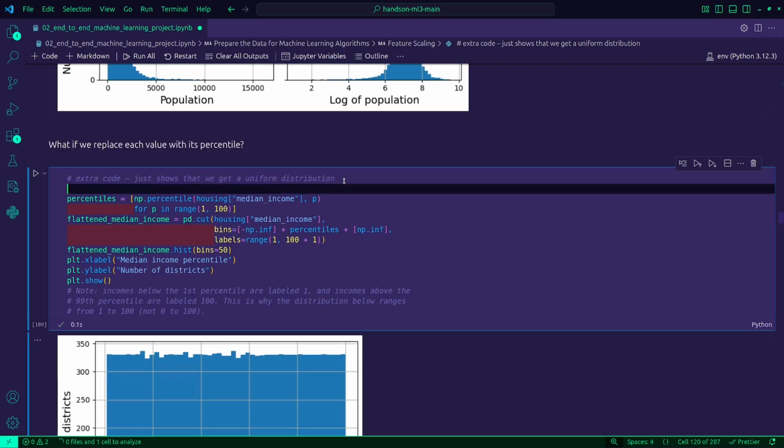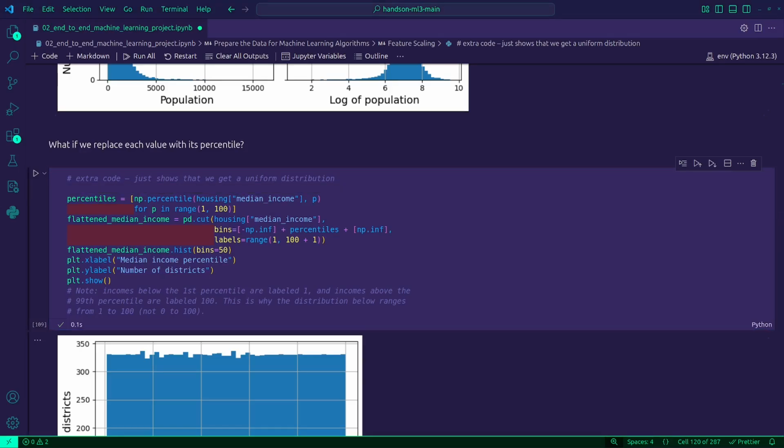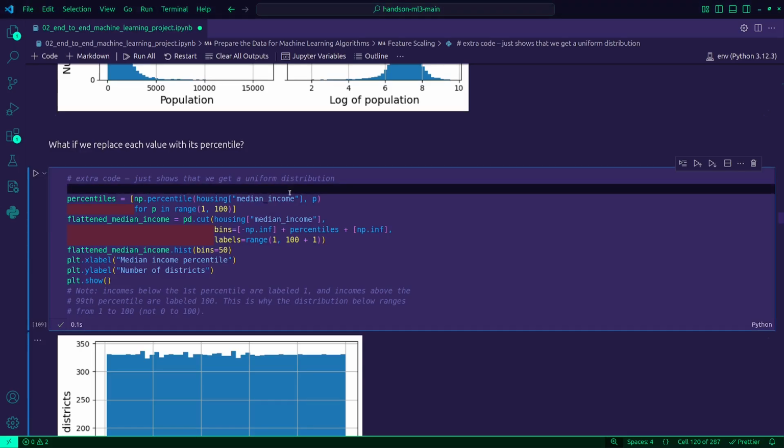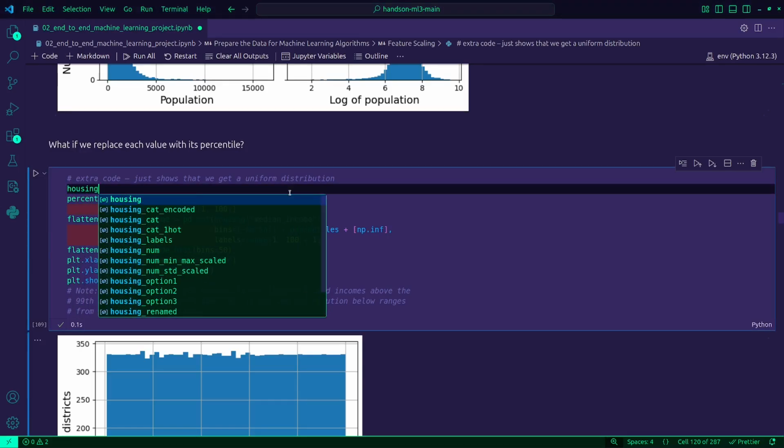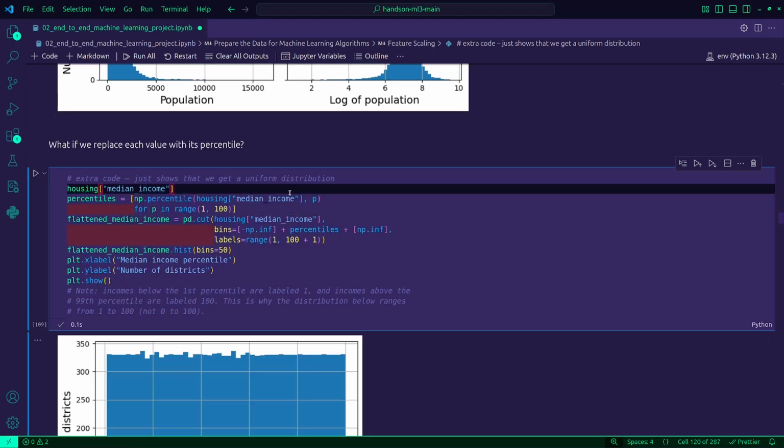Let me first display the median income to see how it looks. So maybe I'd go housing, median income, list.